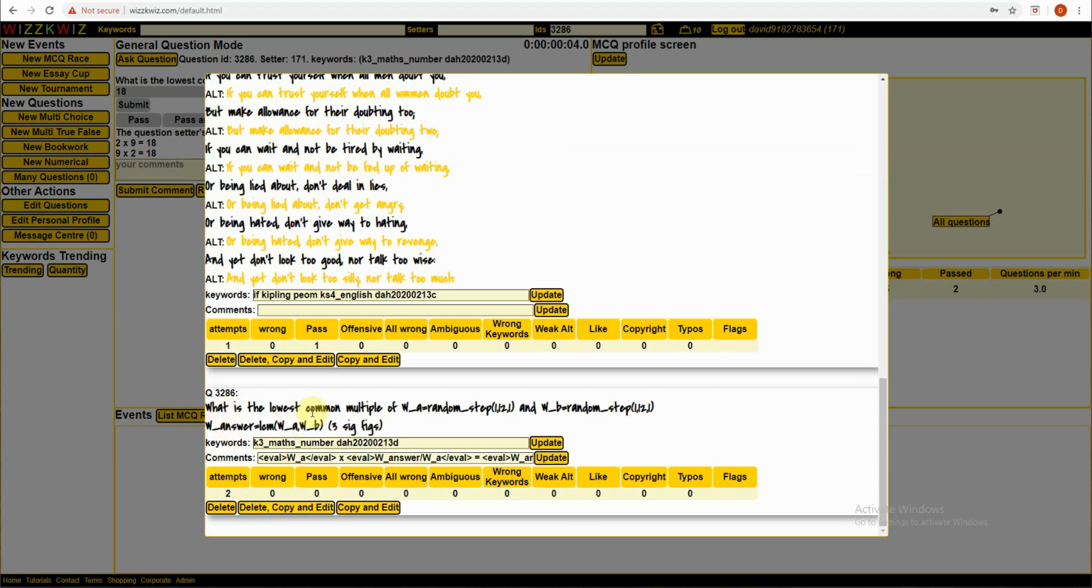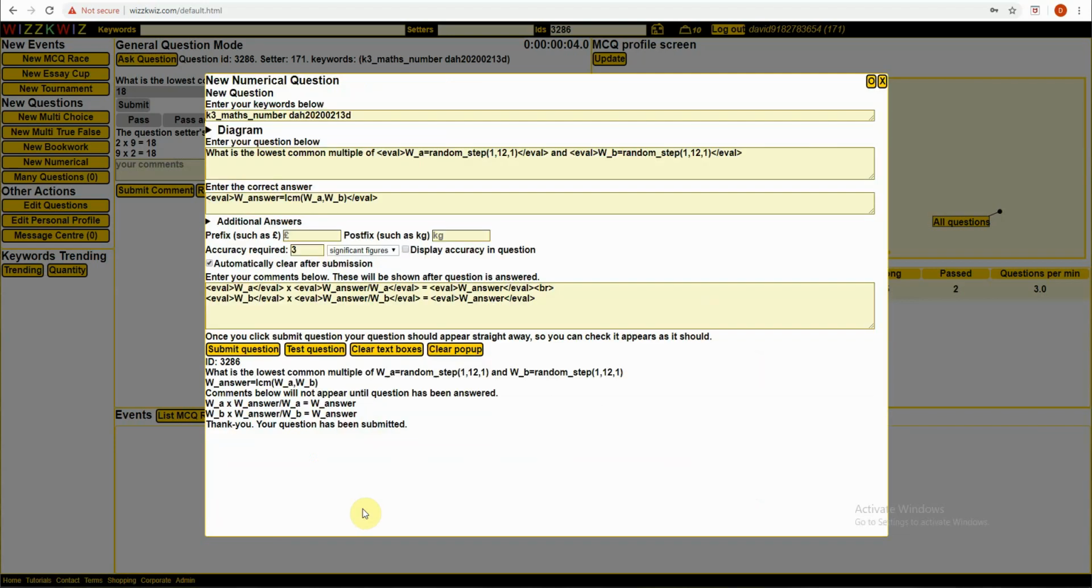Okay, so if I go down to the bottom, I'm going to get the last one I've just put in. So now I could leave that question in because it's alright. So I don't want to delete, copy and edit. I want to do copy and edit. I want to improve this question. One way of improving this question is to make it more often the case that the numbers are not co-prime. So what I could do is WC